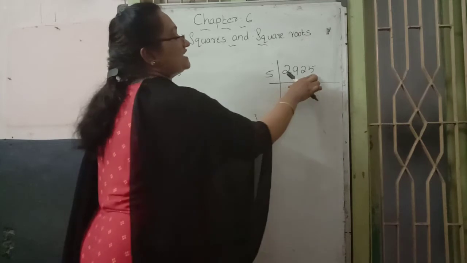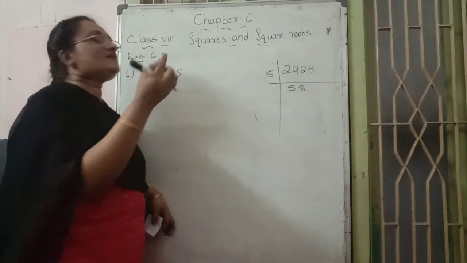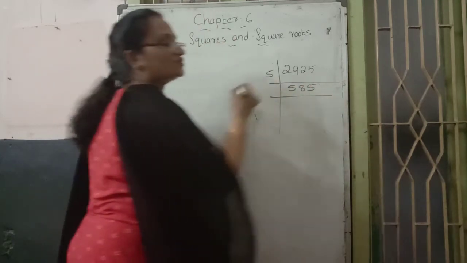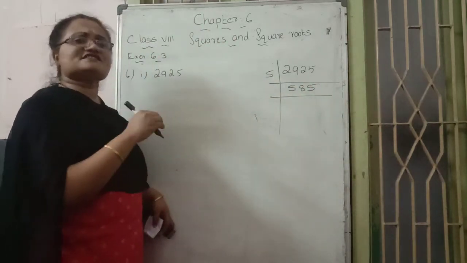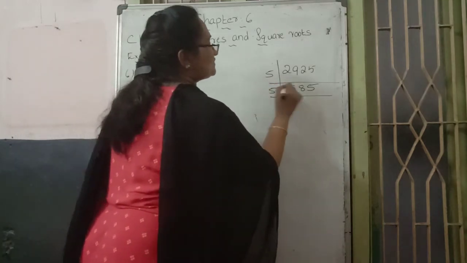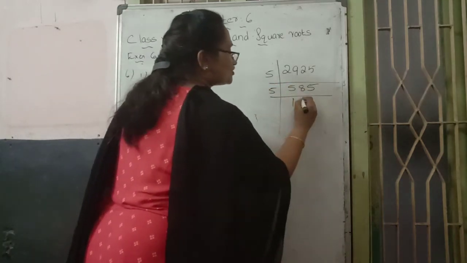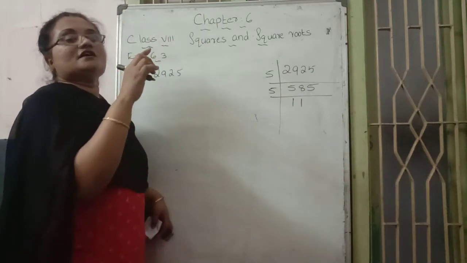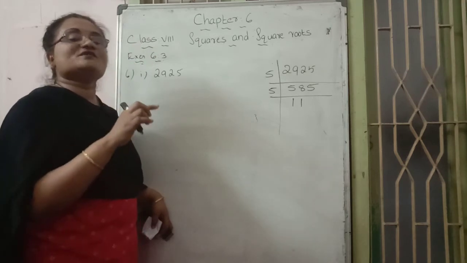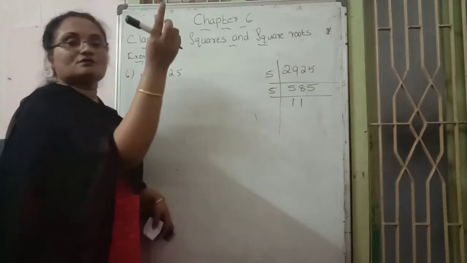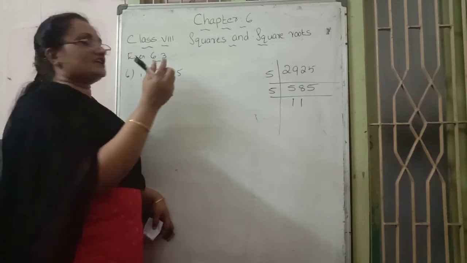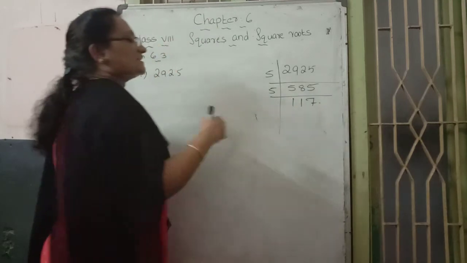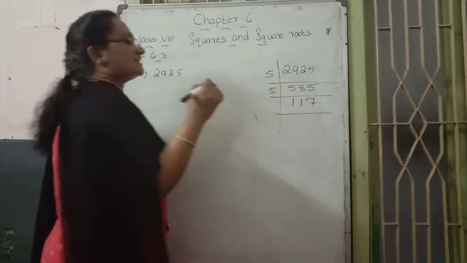That remainder 2, and next place 5 joining, 25. 5 table 25, how many times? 5 times. Again we can continue with which prime number? 5. What is the reason? The unit place is 5. That's why 5 table 5, one time; 5 table 8, not there, one time. 5 into 1 becomes 5. 8 minus 5, subtraction, how much? 3. Then take the next number 5, and reading it, 35. 5 table 35, how many times? 7 times.